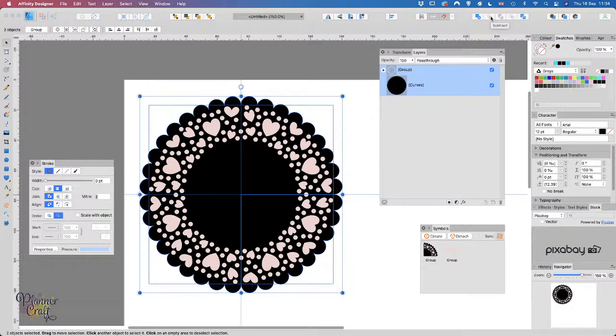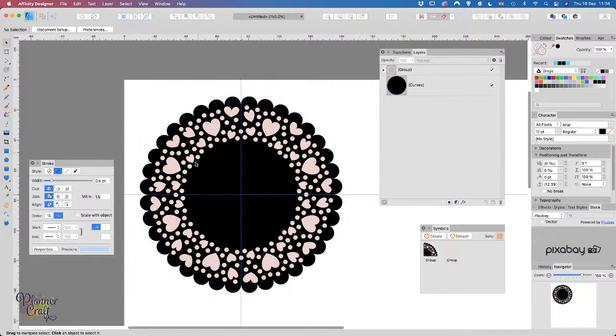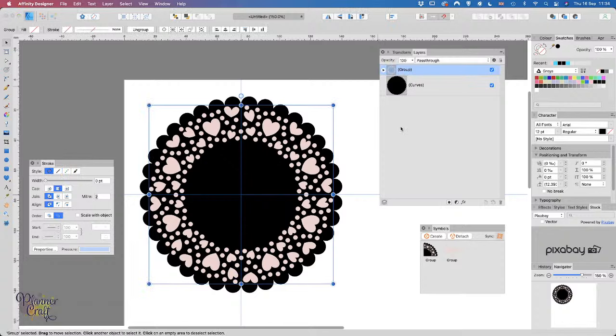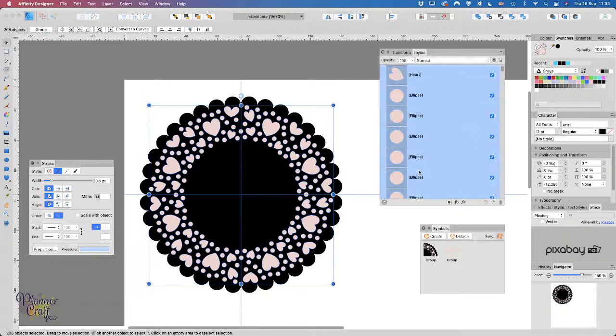Okay, so at this stage, if you want to create something that relies on having these as a shape, for instance if you were doing a topper to go in the middle, that you wanted to line up with certain things, then this is the point that you would do that with it grouped. Then you're going to select that group and ungroup it so that you've got all the individual bits,